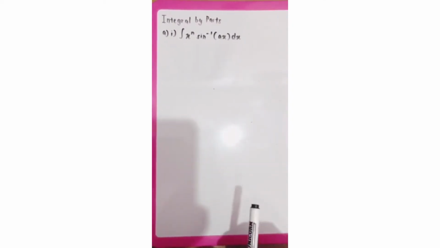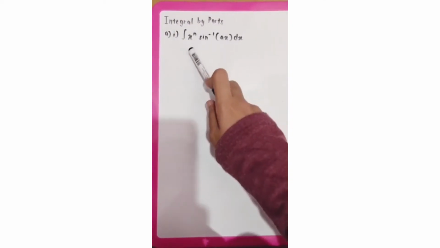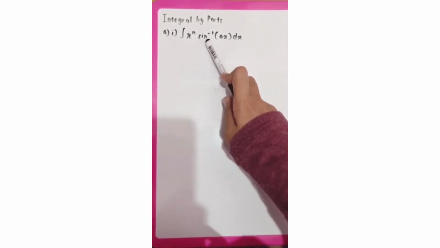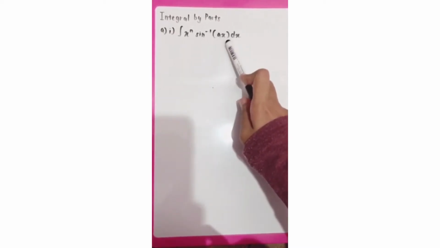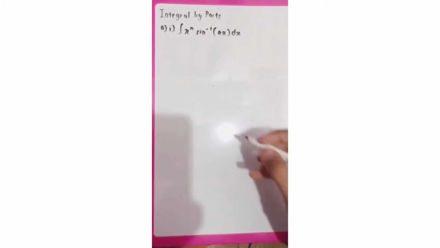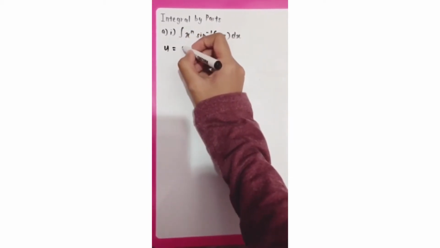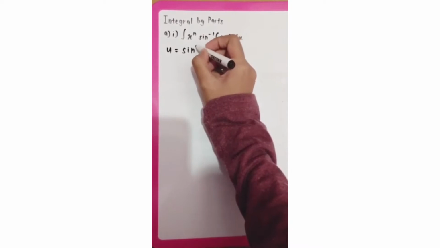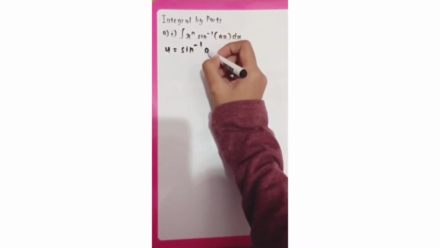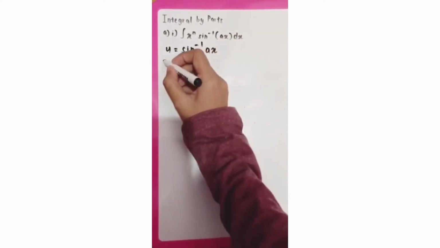So this is the question: x to the power of n, sine to the power of -1, ax dx. So firstly, we need to determine what is the u and what is the dv. So the u is sine to the power of -1 ax, and the du is